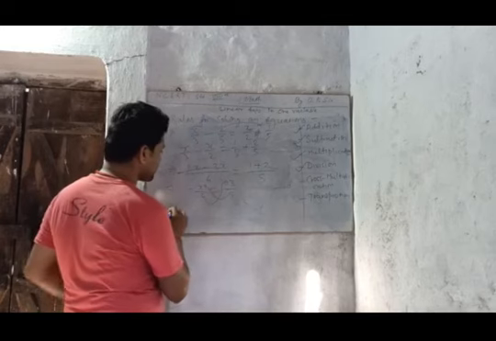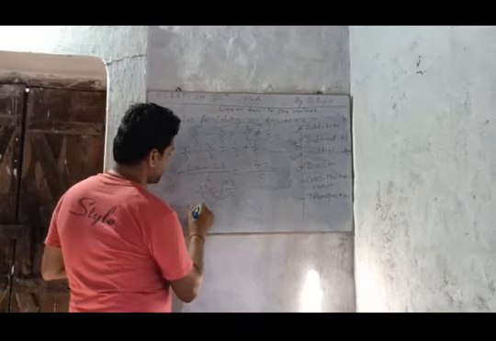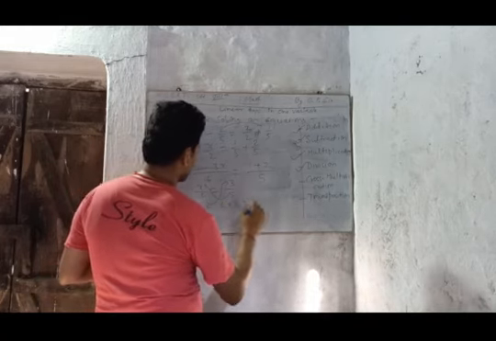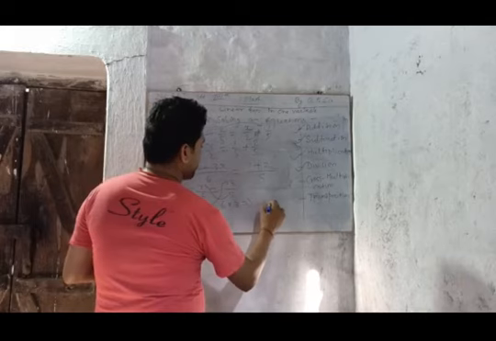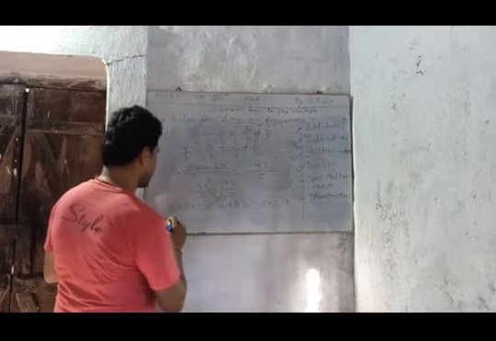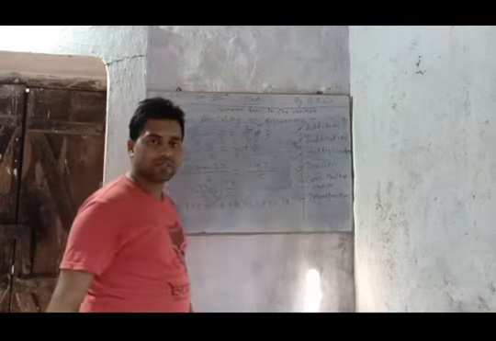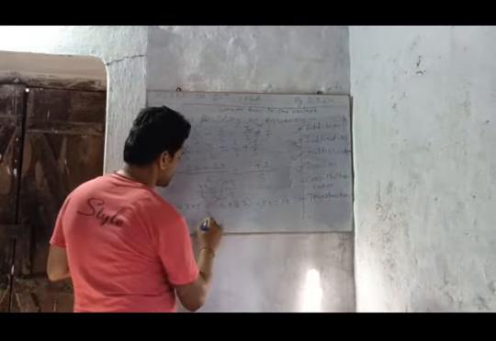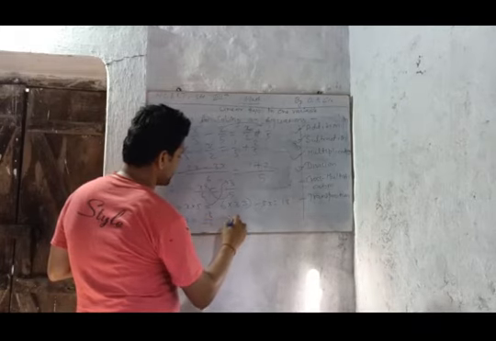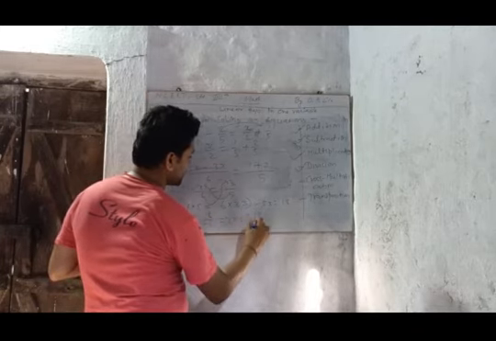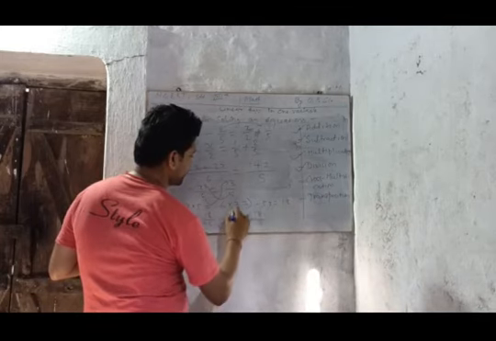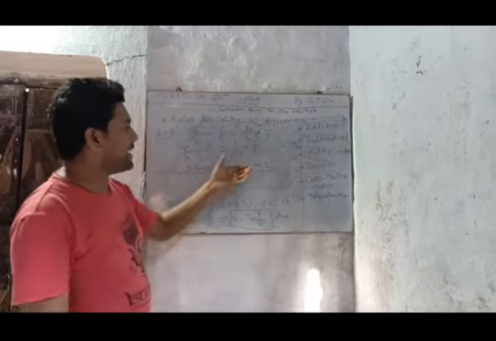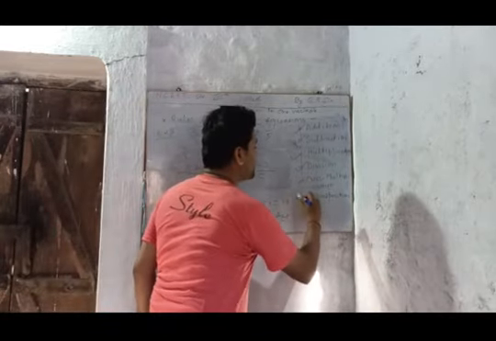So minus x into 5 is equal to 6 into 3. In the next step, minus 5x is equal to 18. Dear student, with x, minus 5 is there, we will keep it to the right side. So x is equal to 18 upon minus 5. Furthermore, x is equal to minus 18 upon 5. So this is the required answer of this question, dear students, by this cross multiplication and transposition.